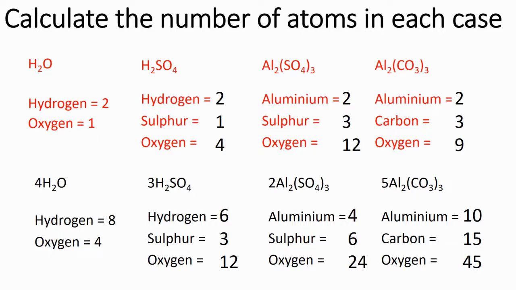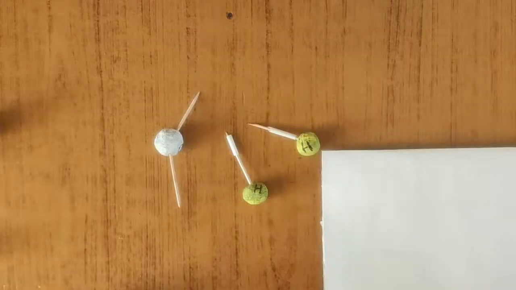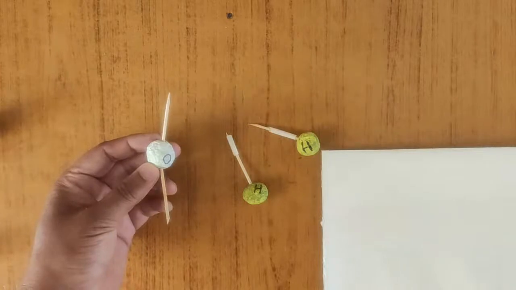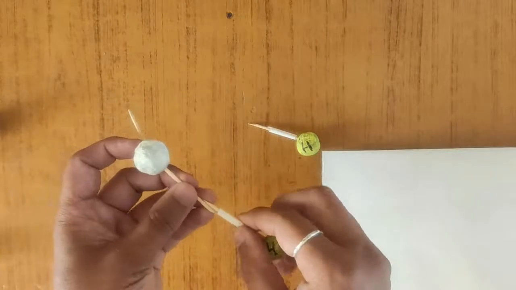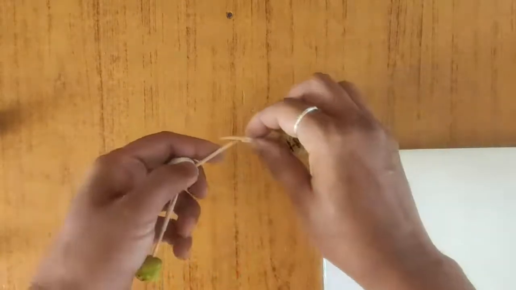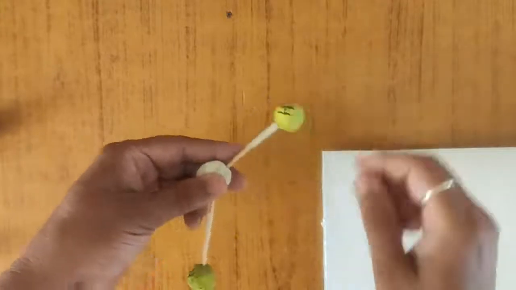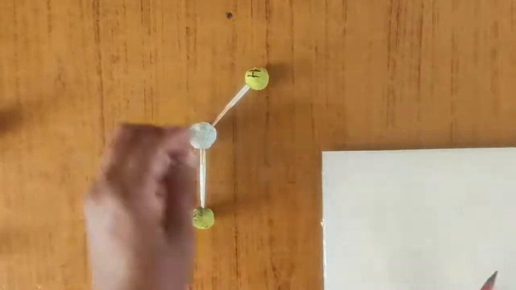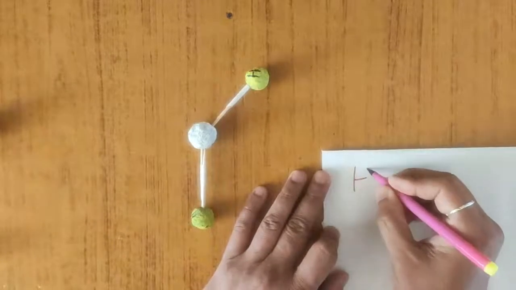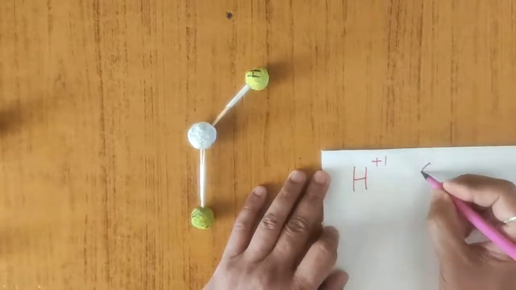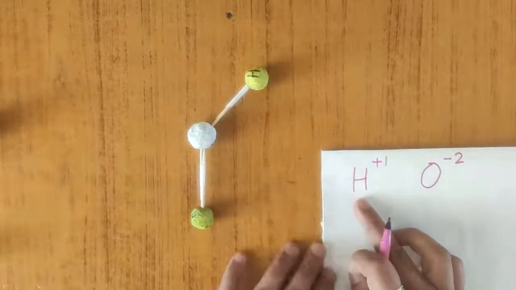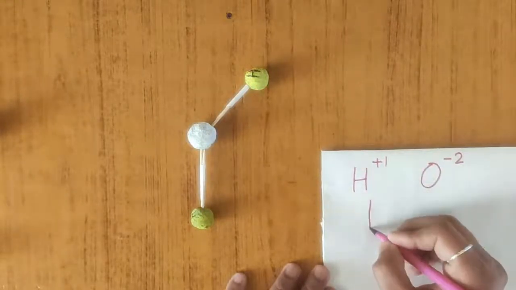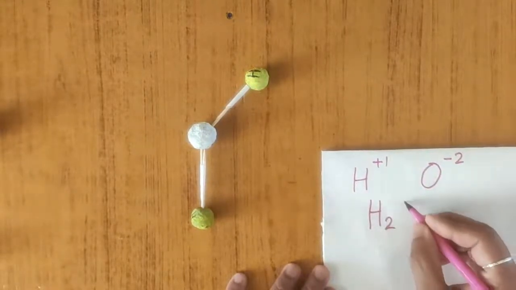Let's explain this through a model. Here we have oxygen, which will accept 2 electrons, and we've got hydrogen, which will give electrons. So hydrogen gives its electron to oxygen, and the other hydrogen gives the other electron, and we have H2O. So we have hydrogen, whose valency is +1, and oxygen, whose valency is -2. The 2 goes to the hydrogen. So we have hydrogen, H, 2, and we have O.